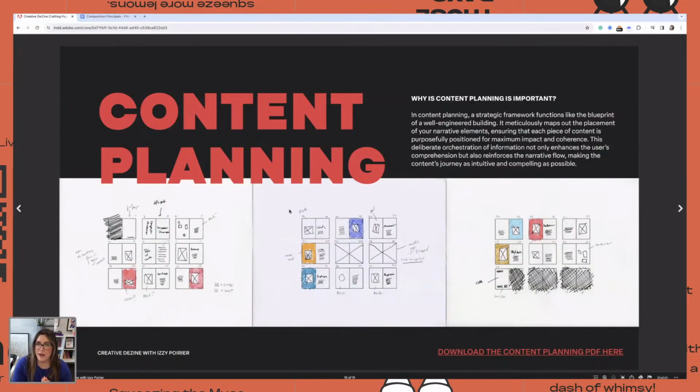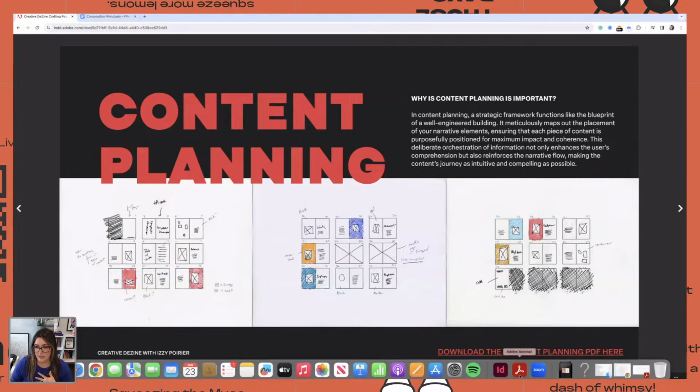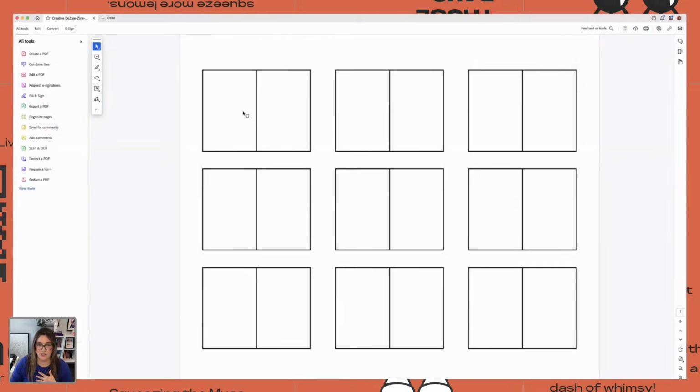This is also why, because of this specific page numbering, you need to plan your content. So here I like to use these mini pages that I made that I print at home and I just go over it. Sometimes I like to get very messy with it. And if you're curious, you can actually download this document right here, then you can add your content. But